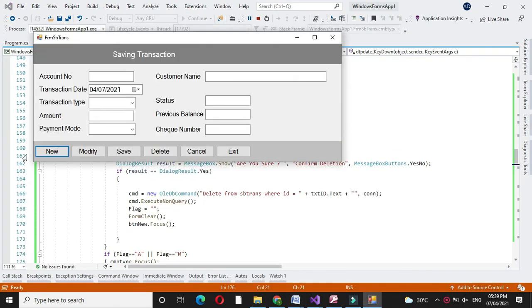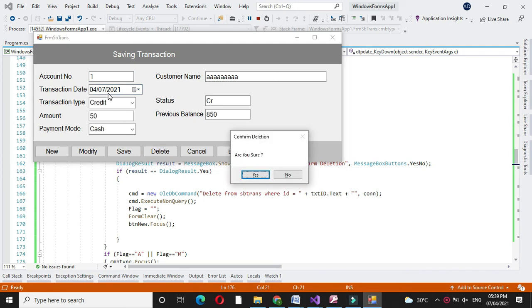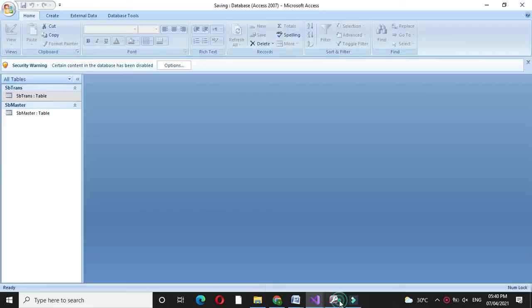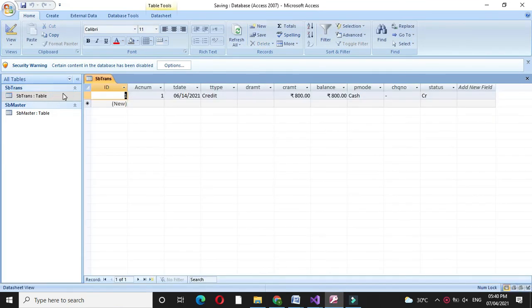We will click on the delete button and I will enter the account number 1. At the transaction date key down event, it will display the data and it will ask, are you sure? If I click on yes, it will delete the record. Here in SBtrans, we will check that the second record is deleted.